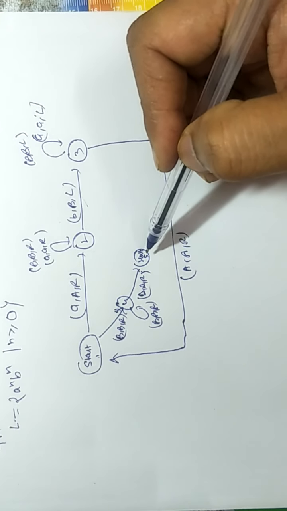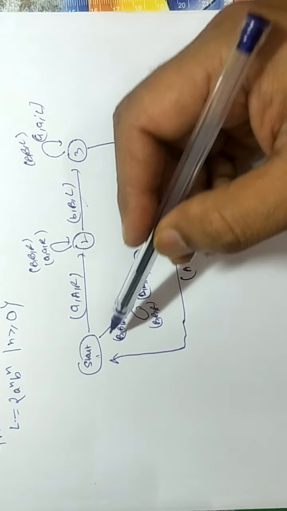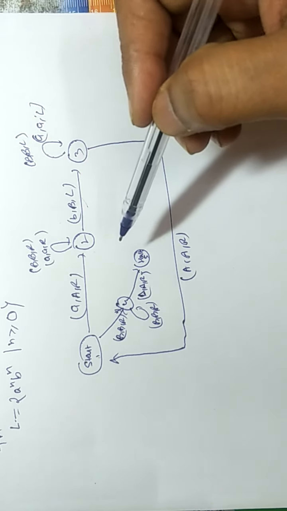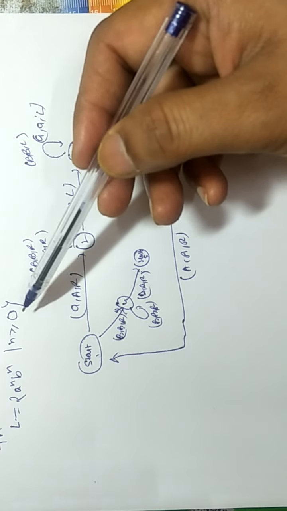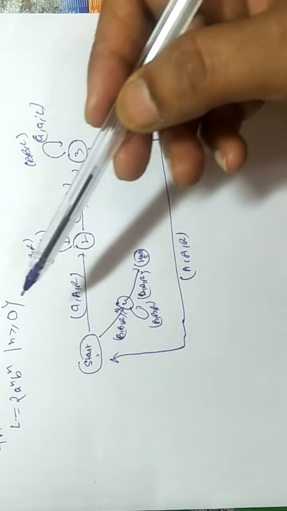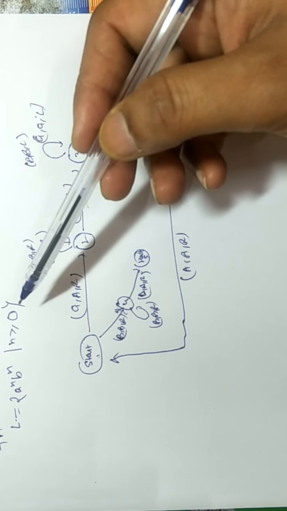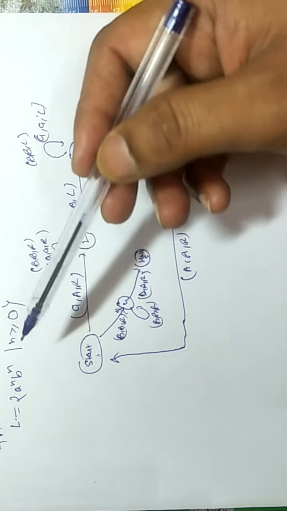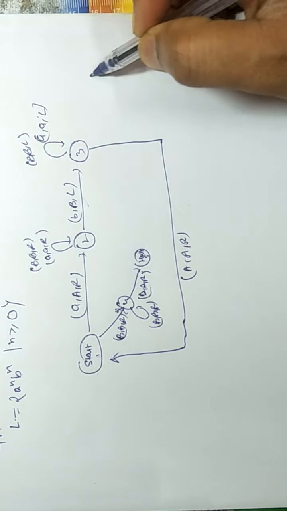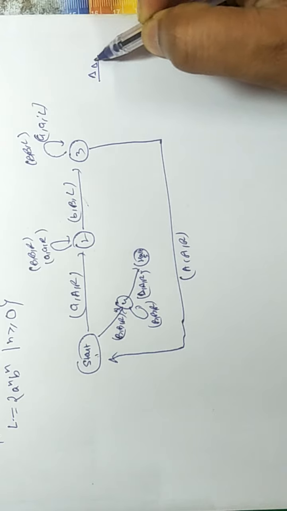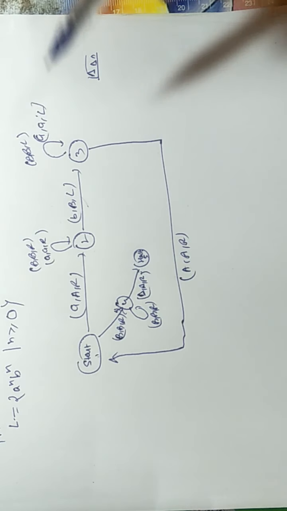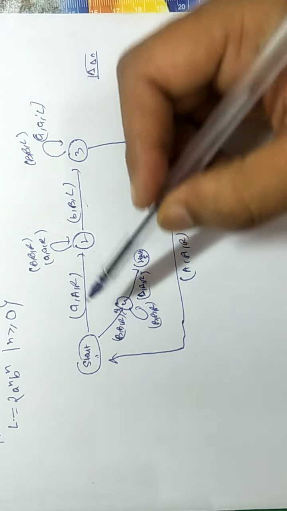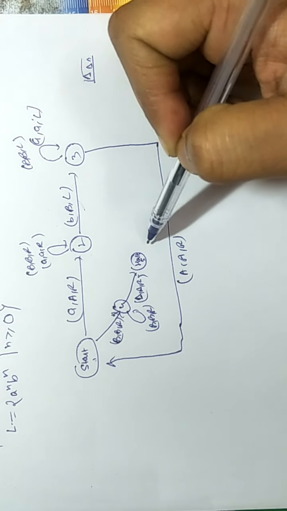Here from start to final, start to halt, you will get at least one capital B. So this is for n ≥ 1. What you have to design is for n ≥ 0. It means that n can be 0 also. If n is 0, then the tape will be filled with blanks only. So at n equal to 0, from start to halt you must reach from the blank.